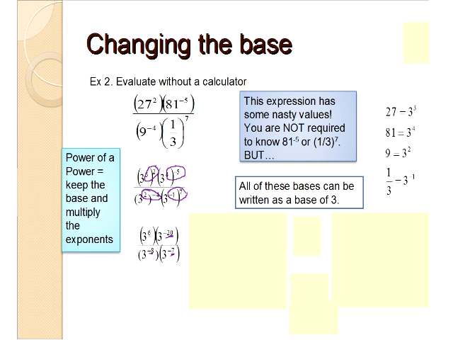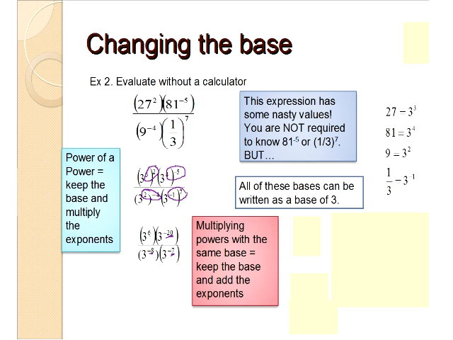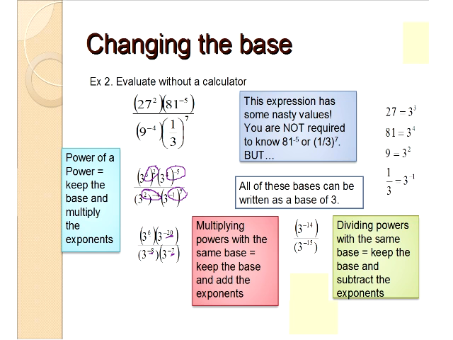Now what I'm doing is multiplying the powers of the same base. So the numerator here is going to be 3 to the 6 minus 20, or 6 plus -20. And same thing with the denominator. It's 3 to the -8 plus -7. And that's going to give me -15 as the exponent. Now I'm dividing powers of the same base, so I keep the base and subtract those exponents, and I get